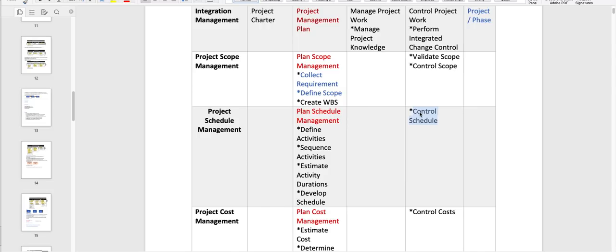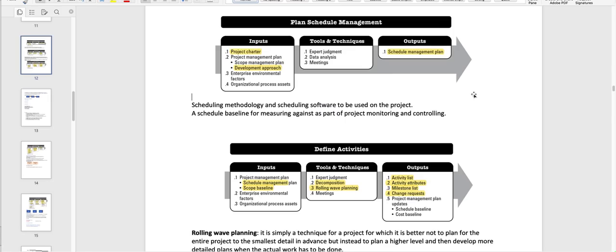We have to be on our time so that we are achieving our goal. So let's talk more about it. What's the plan schedule management? Basically, as I have discussed this before, in the planning, when we are making a plan, the input would come from the project charter for sure, 100%, because we are getting a high level requirement for the schedule from the project charter, which means if the project charter is saying this project has to be done in 3 months, it has to be in 3 months. This is a high level requirement we are taking from the project charter,